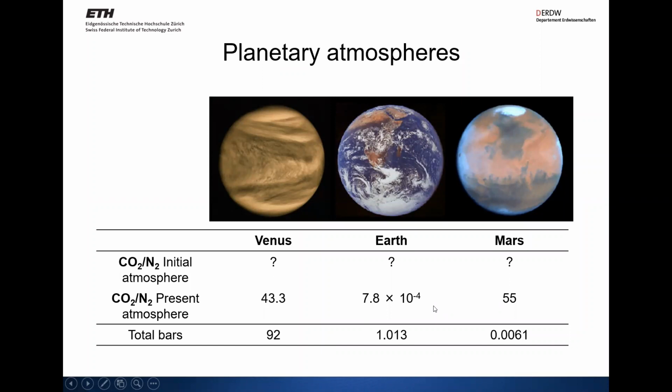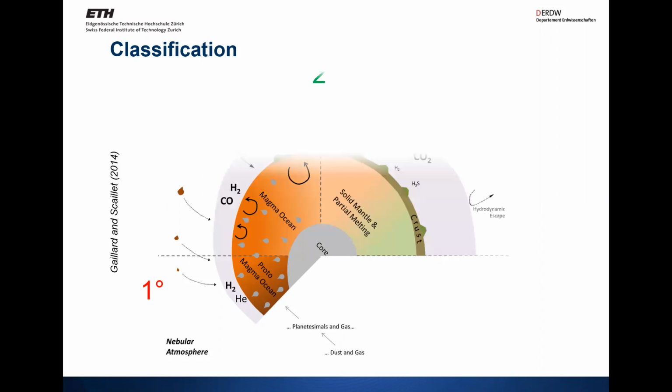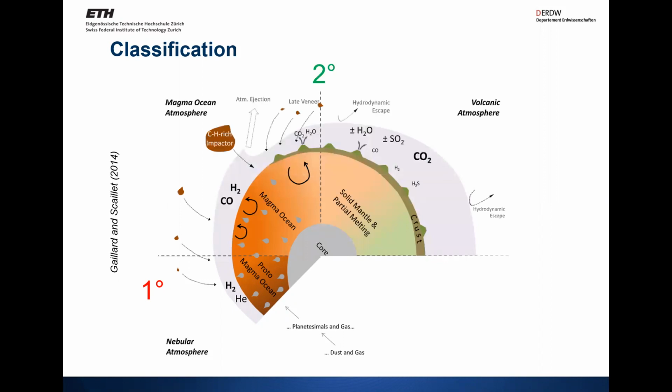Before we get started on this question, I'd just like to start off with some nomenclature. We refer to primary atmospheres as those captured around planets from the nebular gas, and therefore they contain largely hydrogen and helium. Whereas the focus of this talk will be largely on the secondary atmospheres, and that is an atmosphere that has been outgassed from the interior of the planet during either a magma ocean stage, as depicted here, or post-solidification from outgassing of volcanic activity.